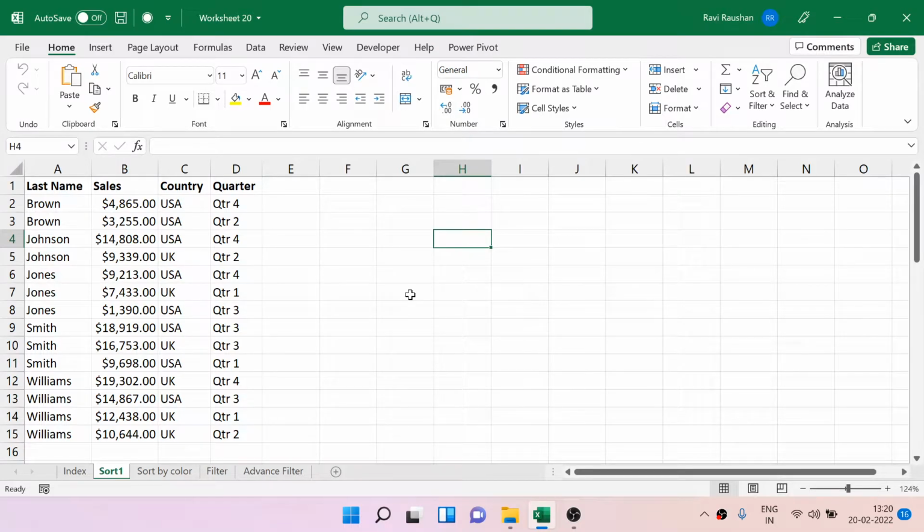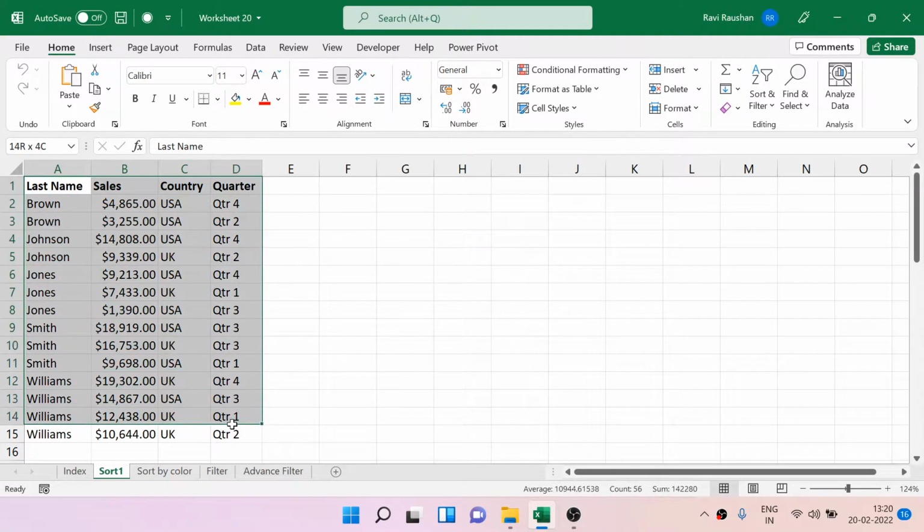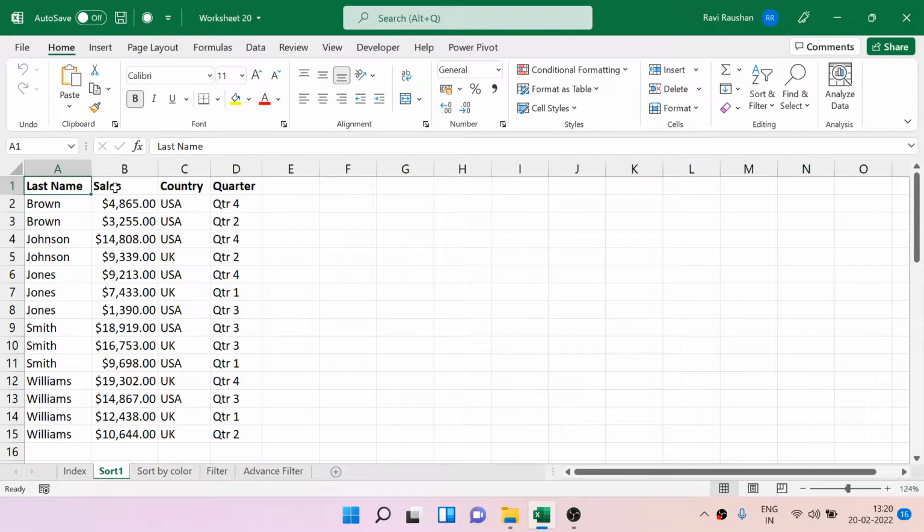Okay, in this session, we'll talk about basic data analysis, that is sorting and filtering. Now, if you're looking at this particular data, we have certain sales data. We have the last name, the sales, the country, and the quarter. Before sorting and even filtering, one thing that we need to understand with absolute clarity here is the top